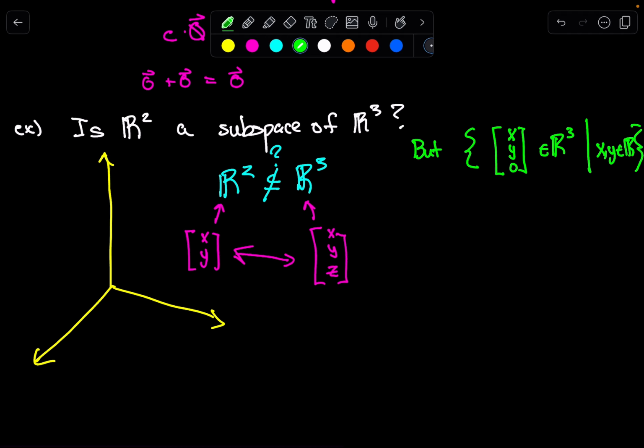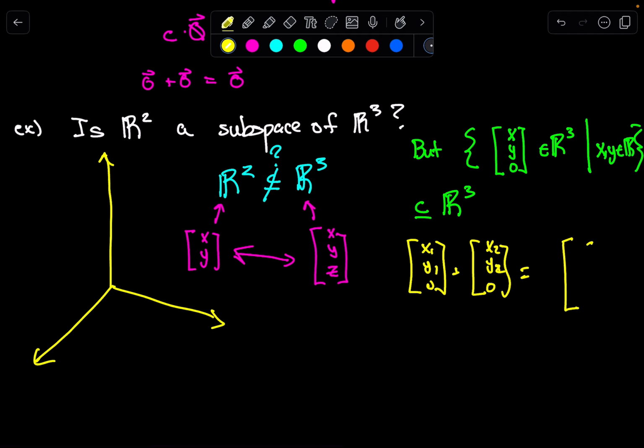This set is definitely a subset of R3 because all of the vectors that we're getting are from R3. Is the 0 vector in there? Absolutely, because we're considering all x and all y in the set of real numbers. So clearly the 0 vector is in there. So if you were running through your checks: is this closed under vector addition? Sure, if you take some x1, y1, 0,